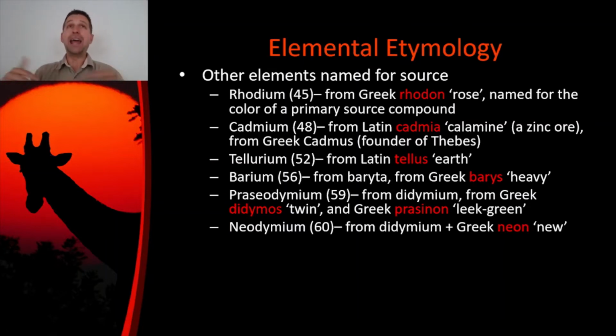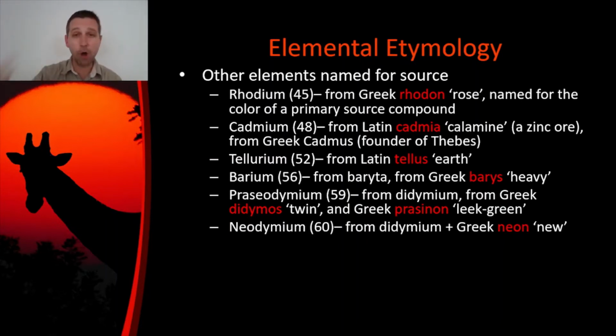And it was called that because it was similar to some other elements that were around it in the periodic table. And so the discoverer of this ore thought that maybe it was a twin element that was next to it. He was kind of right, but as it turned out, it was a compound, not an element, and it ended up containing two different elements, and then he had to name those two elements something, and he named them both something with dimium because it came from this particular compound that was called didymium, because, again, for the reasons that I just said. He had to show that these were two elements and name them differently,